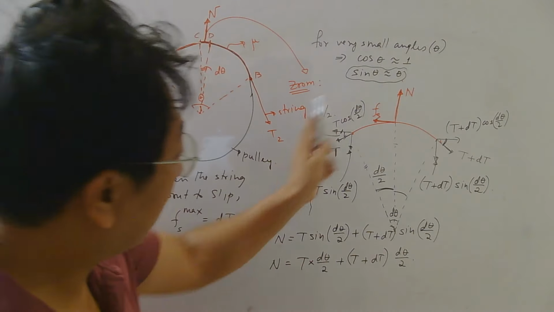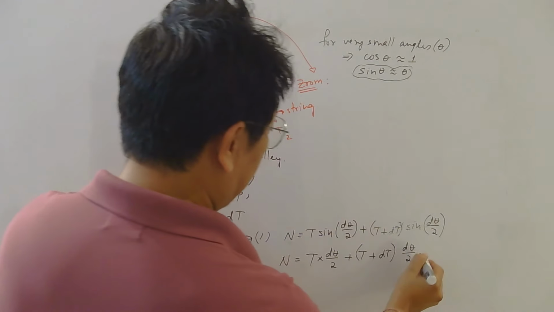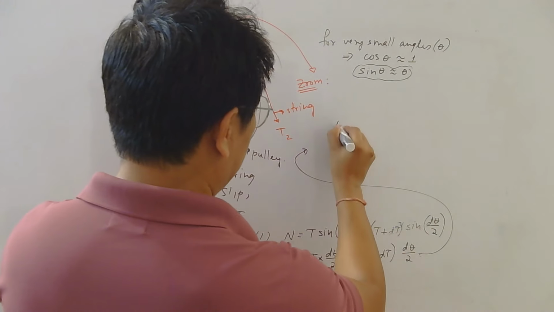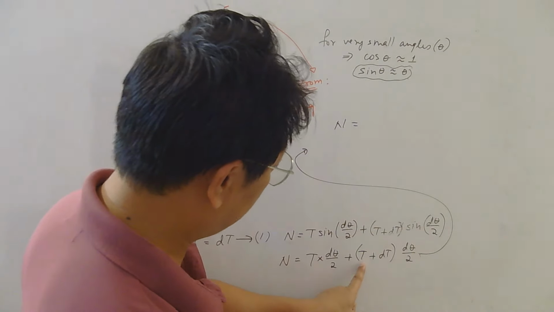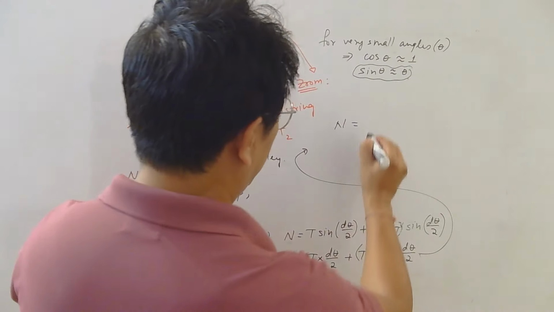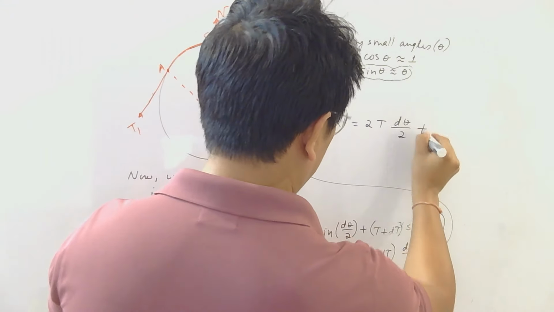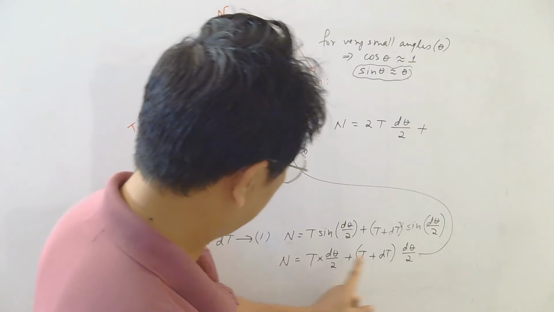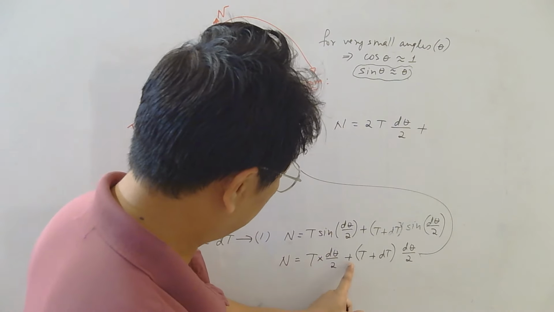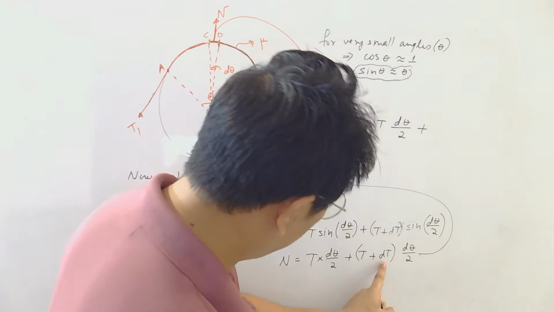Isn't it? Now this diagram we don't need. Let me remove it. So from here you will get N equals T d theta by 2 plus T d theta by 2, which will be 2 into T d theta by 2. So this multiplication I did, right? T d theta by 2 plus T d theta by 2. If you add, you will get this. Then there is dT into